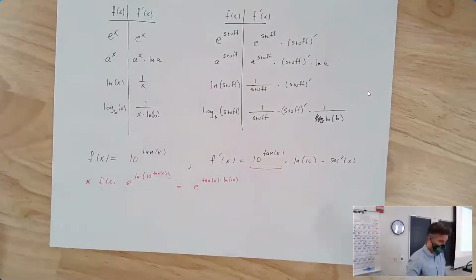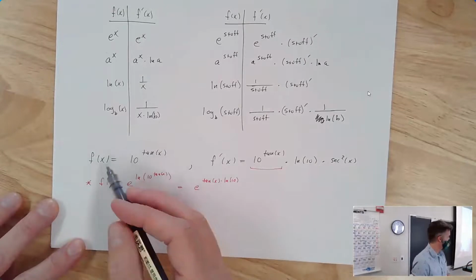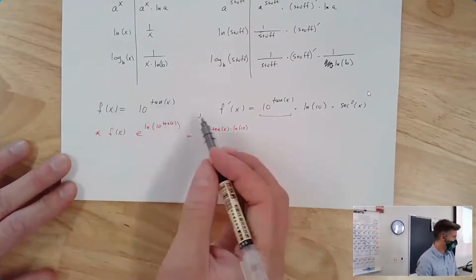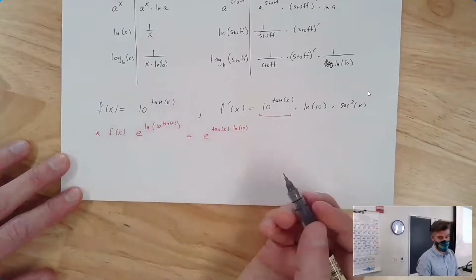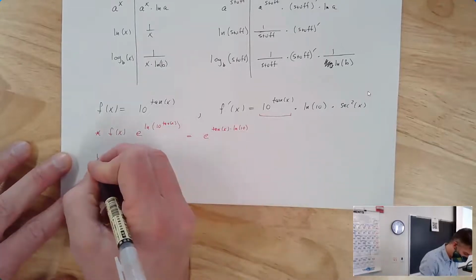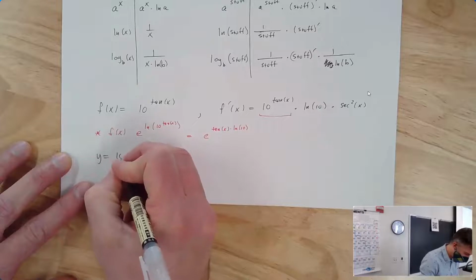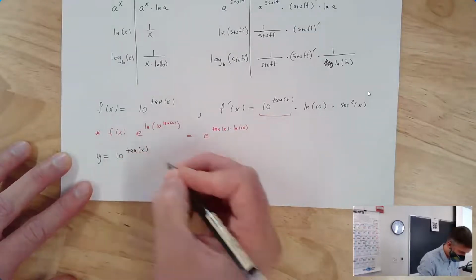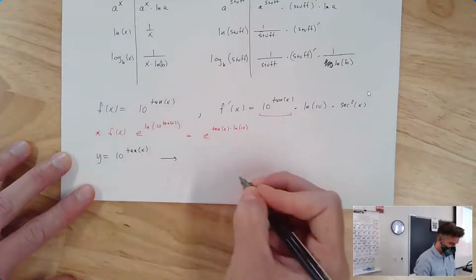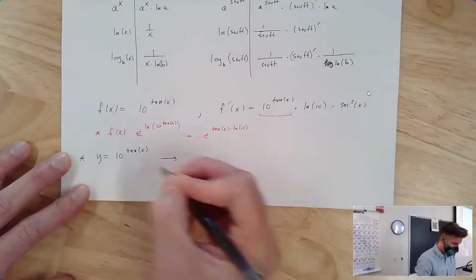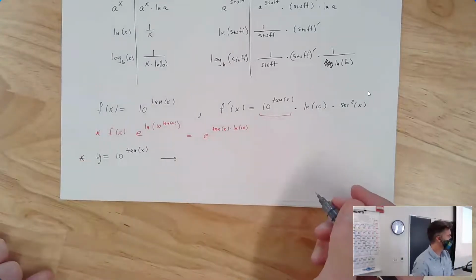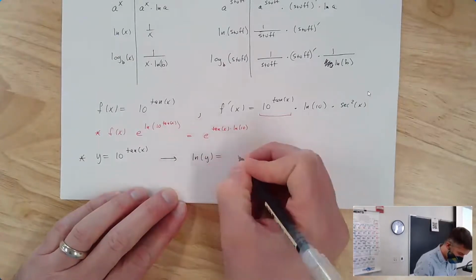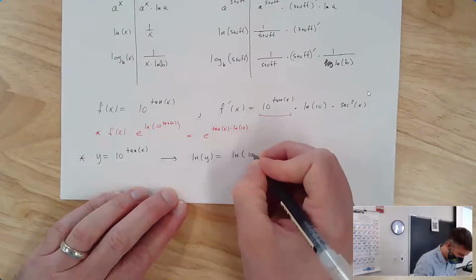So here's the other way people might show you how to do this kind of problem. Instead of memorizing a rule or rewriting it as e to the natural log of whatever, they might have you do this, which is a nice way of doing it as well. I'm going to write it as y equal to 10 to the tangent of x. And what I'm going to do is take the natural log of both sides. So I'm going to have the natural log of y equal to the natural log of 10 to the tangent